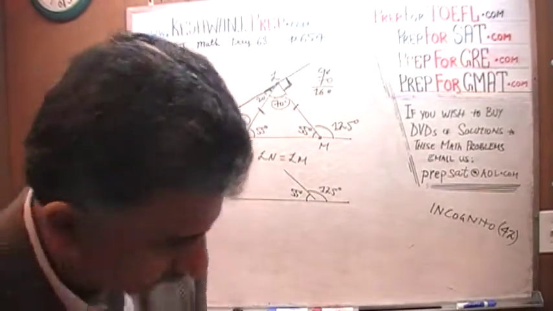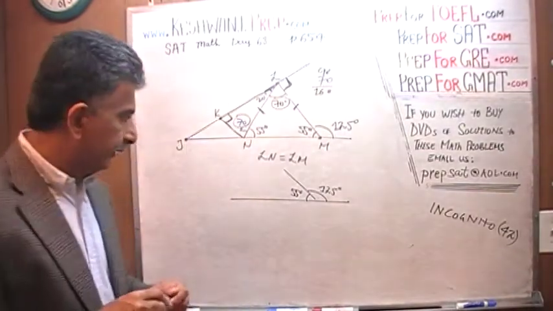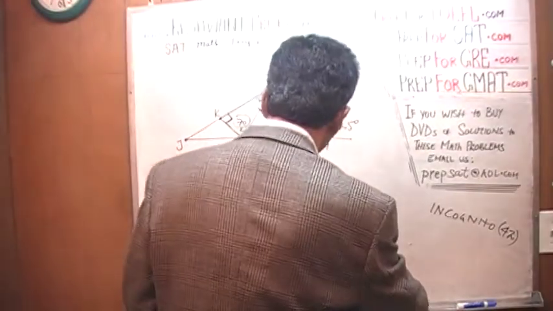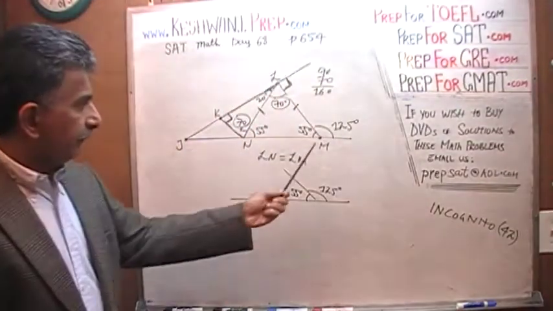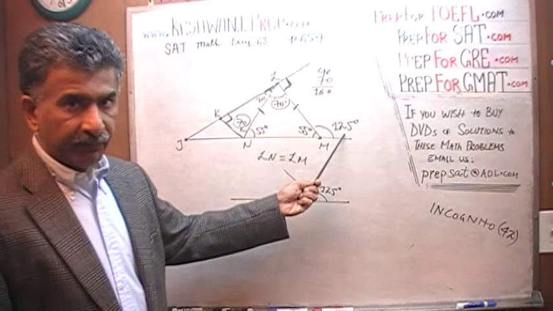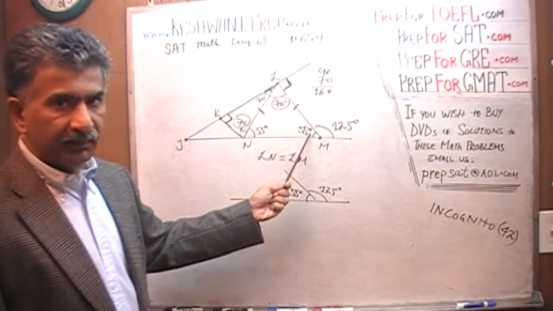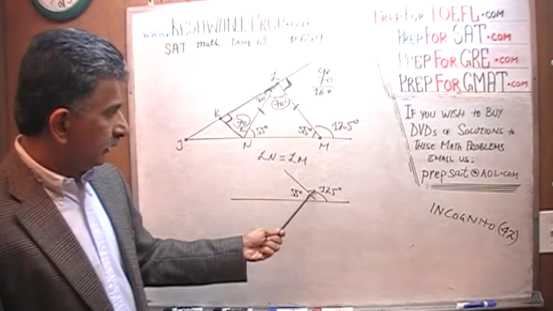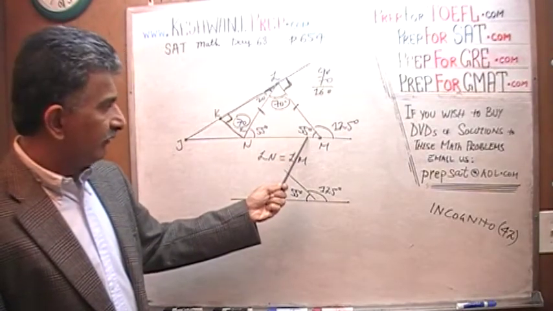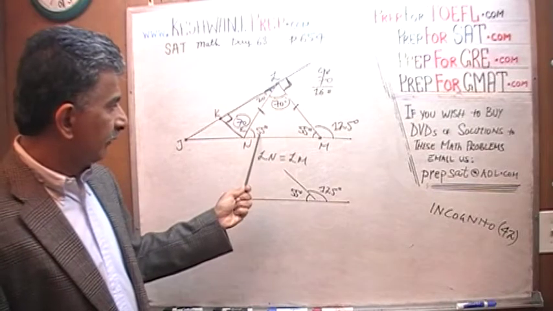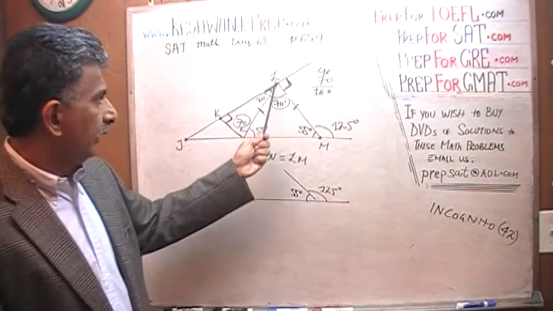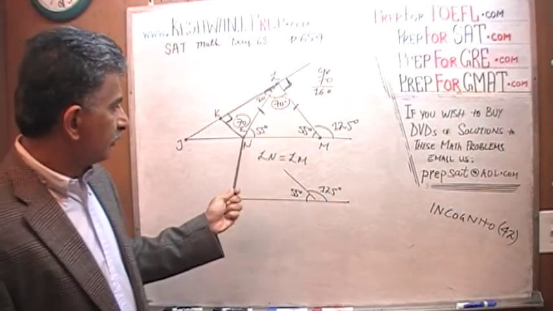One more time. I'm going to go through step by step. I'm not going to erase anything. Just listen to me. The story begins from here. This is 125 degrees. If this is 125 degrees, then the leftover of the straight line must be 180 minus 125 right here, and that's 55. If this angle is 55, then this angle must also be 55, because LN and LM are equal to each other, which means triangle